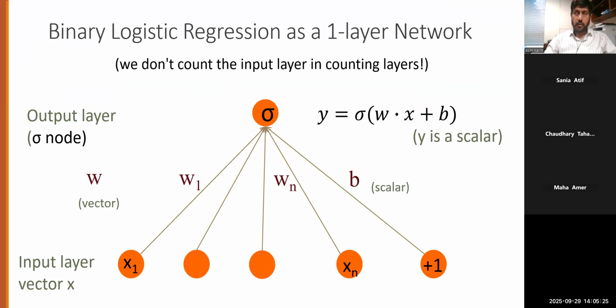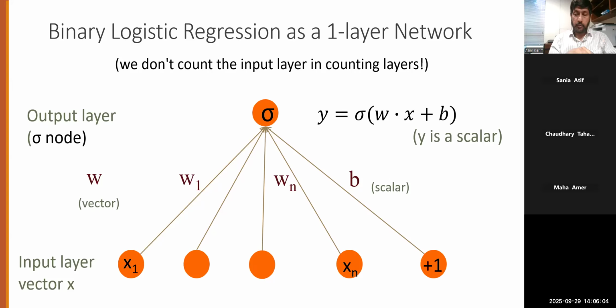A binary logistic regression, you can also represent as a network. It would be a one-layer network. It just has inputs X, and it has a single output computational unit, which is the output layer. So you have connectivity from the input to that single computational unit, and through that connectivity you're getting the operation W dot X plus B. There's a connectivity for bias, which has an input that is fixed to +1. As you know, in the equation, bias B does not have an X with it, so it has an input that is fixed as +1.